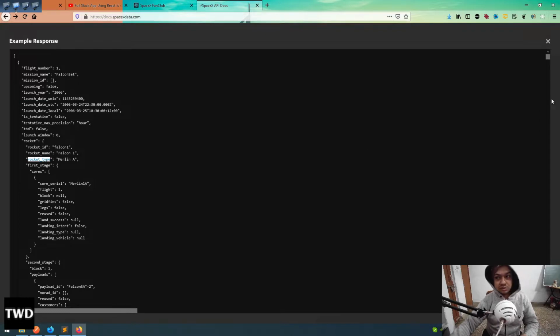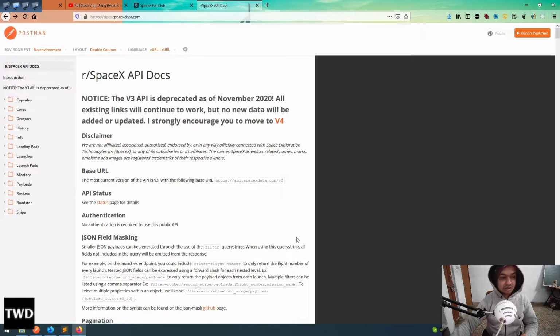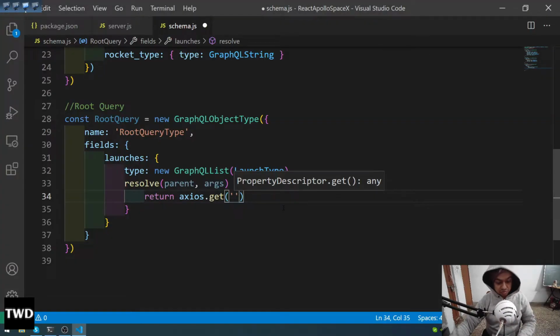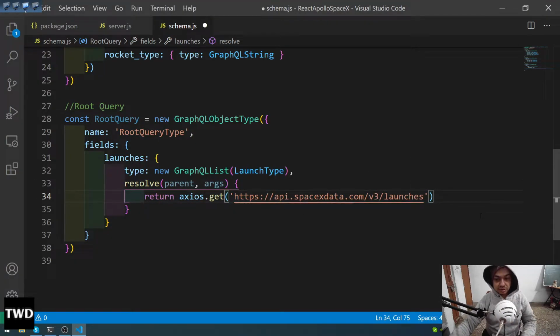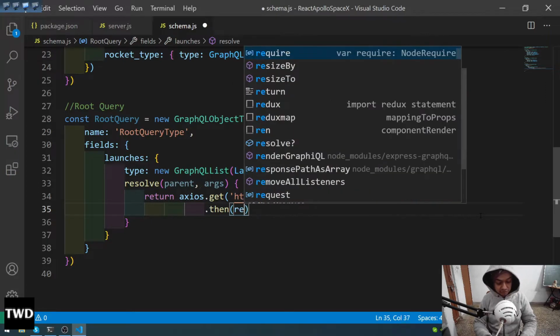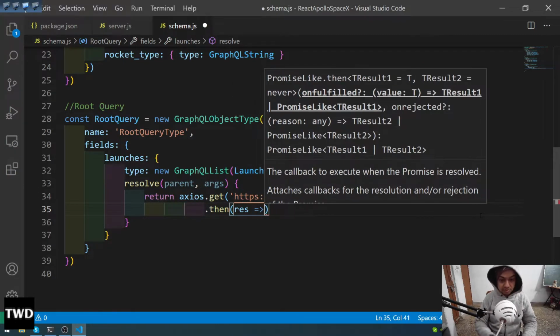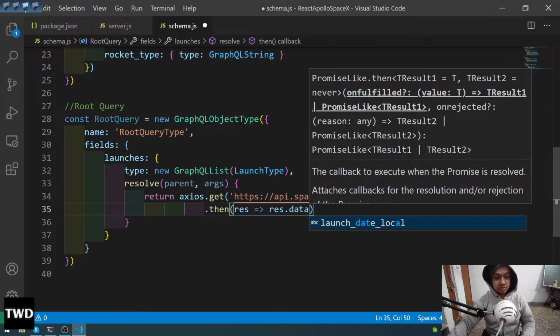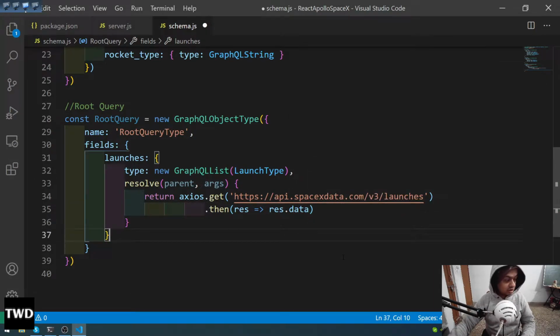Okay, I have to close it. Okay, launches is here. Yeah, this is the endpoint. v3 launches. So this endpoint I have given, and then with axios dot then what we are going to do, res dot data as always. Okay, so this is done for the launches part,